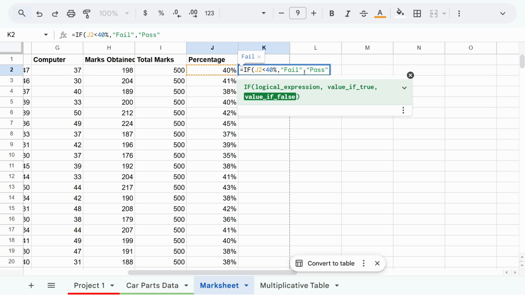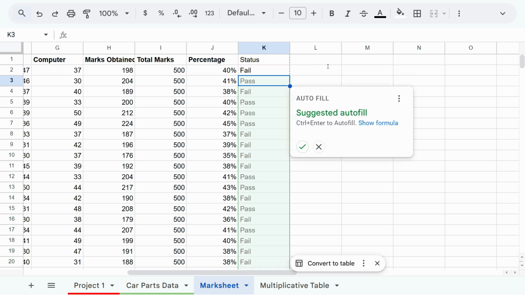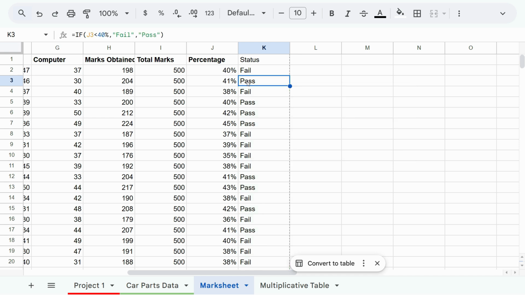Close the inverted commas because this is also text, and we should close the bracket that we opened at the start, but Google Sheets is smart enough that even if we don't close it, it will close it for us automatically. And it will also suggest whether you want to use the same formula for every single row. Suggested autofill is mentioned. If you want to continue, we just press the tick and it will